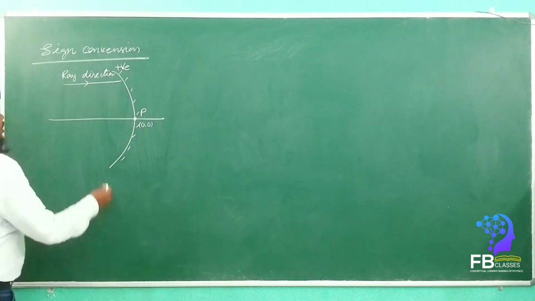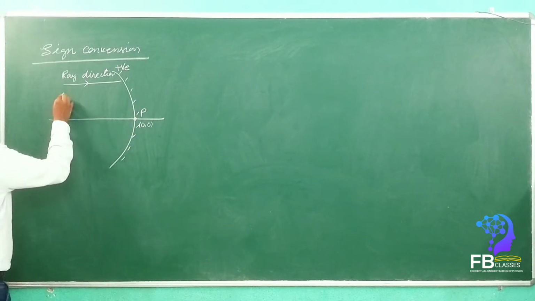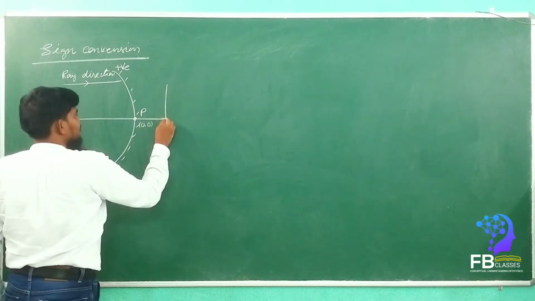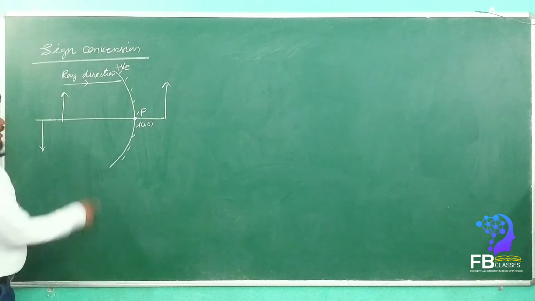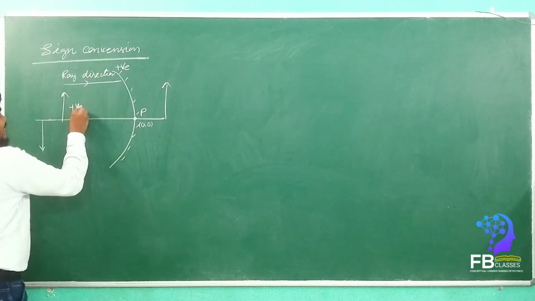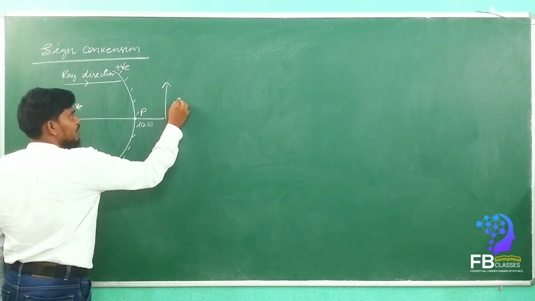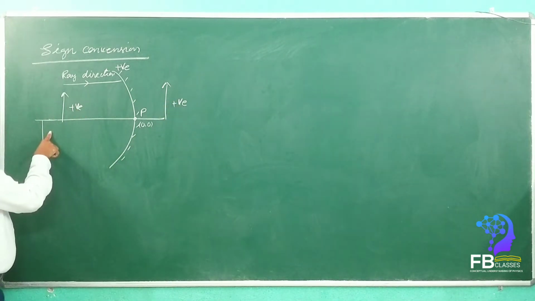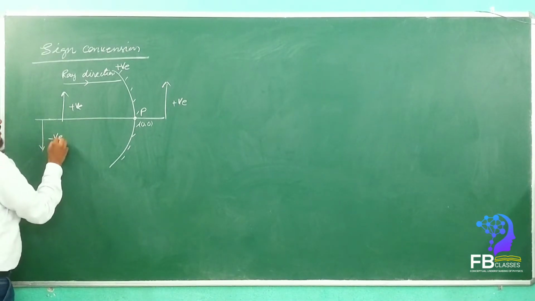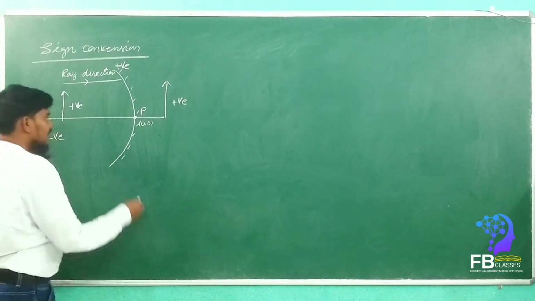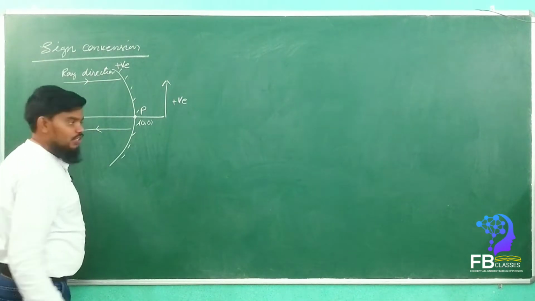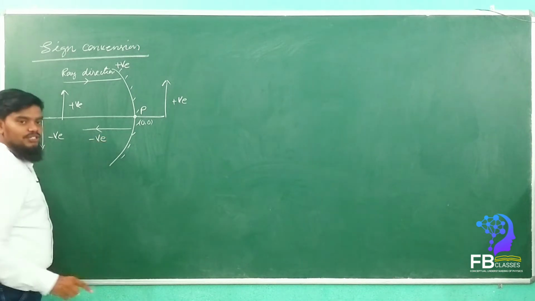Okay, then see here, if you take an object here and one of the images forms here, sometimes the image will form here. The height of the image above the principal axis we take as positive. This also is positive height. The height of the object or the image below the principal axis we take as negative. The direction opposite to the useful ray direction we take as a negative direction. Are you getting my point?